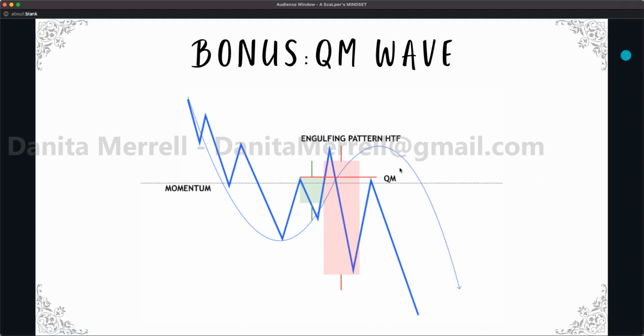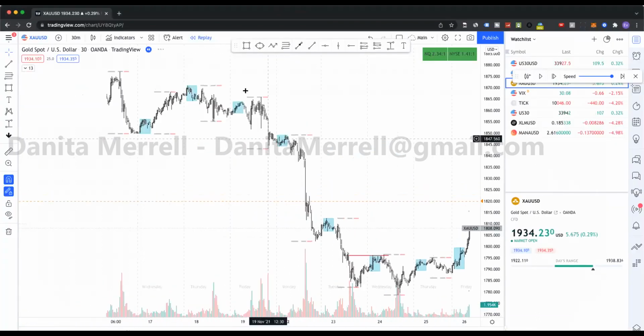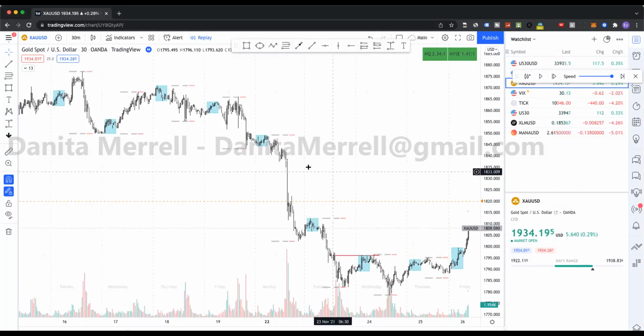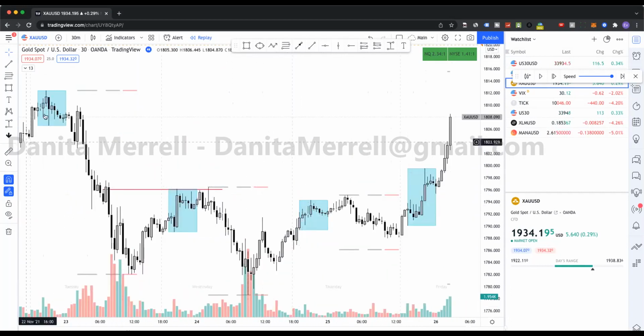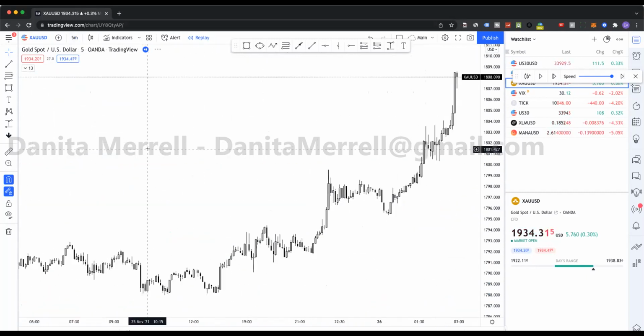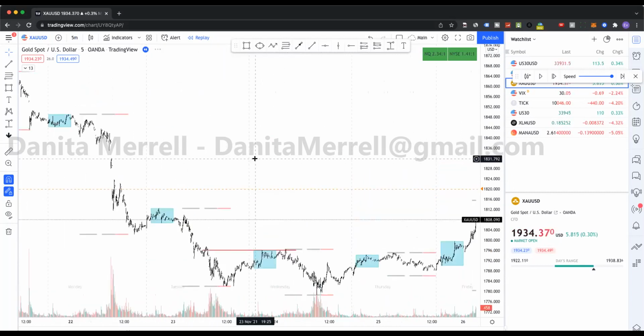Let's go here. I'm going to show you a gold example and then a NAS example. Okay, so here we have a trend forming, right? We have a trend and dropping and then continuing. Okay, so you can see here we have that blip in it, and then it comes back up, retests it, and then drops. If we drop down to a lower time frame like M5, you can see this happening right here.